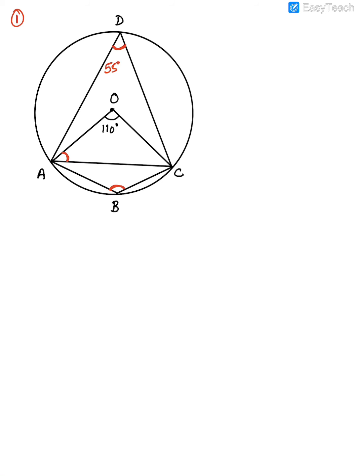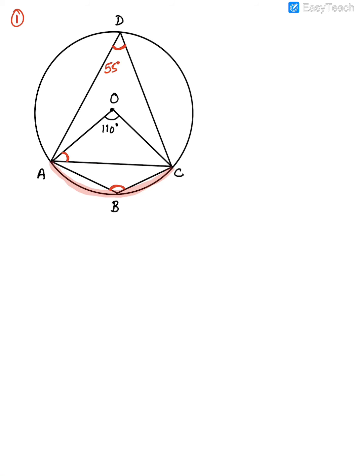If you remember, this is the arc ABC. What is the angle opposite to ABC? This is the angle opposite to ABC, 110 degrees. That's the central angle. What's the other angle which is opposite the arc ABC? Same, this angle, which will be half of 110. So that's 55 degrees. I hope you got the property: the angle at the circumference is half the central angle. Okay, guys, write down. Next property, next part.